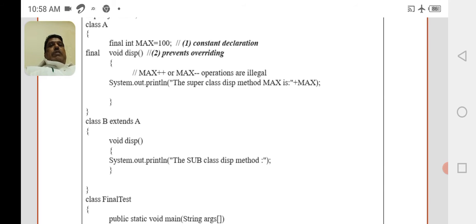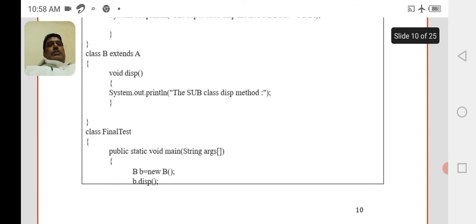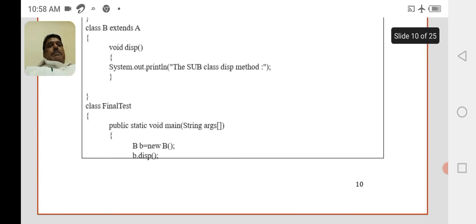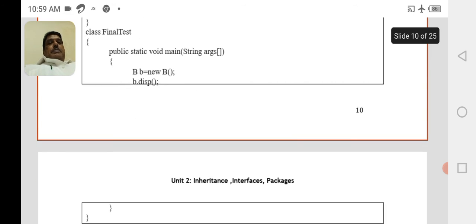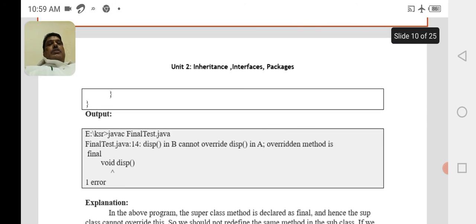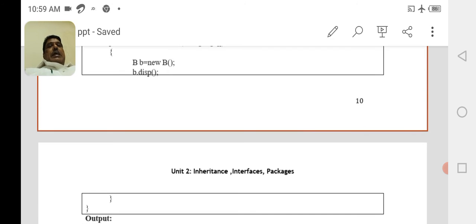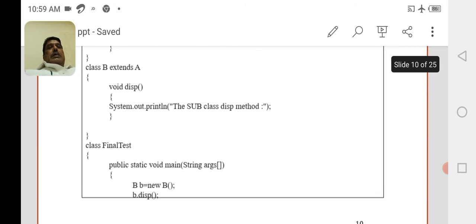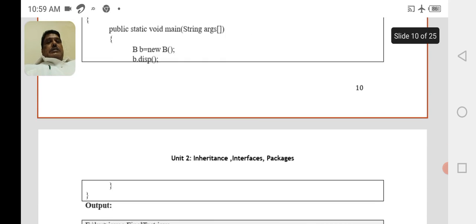It is not possible: when a method is declared as final in the superclass, you cannot have the same name in the subclass. In the main method, public static void main, the subclass object reference variable b equals new B, then b.disp. When we execute this program, we will get an error because in the subclass we are declaring a method which is already declared as final in the superclass.